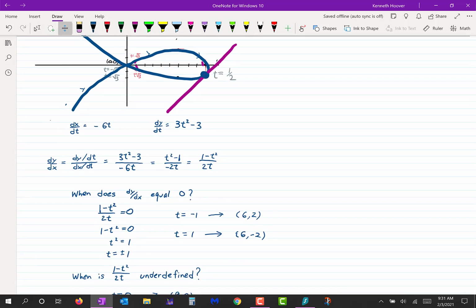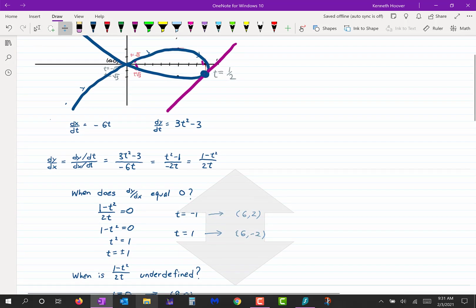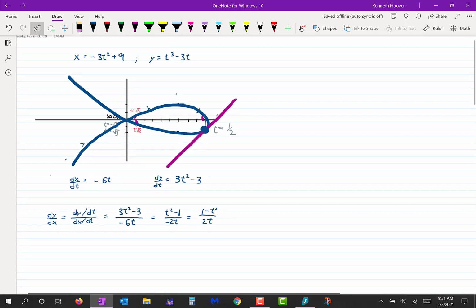Okay, get this stuff out of our way. All right, so let's plug in t equals 1/2, and we're going to find that point. So x is -3 times 1/2 squared plus 9. So that's -3/4 plus 9,